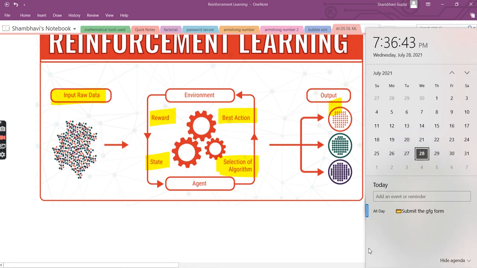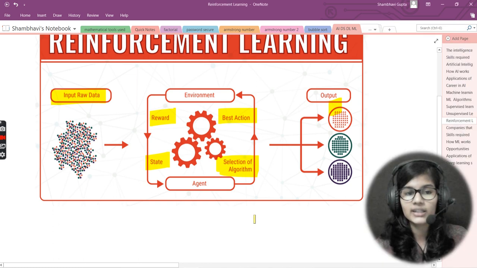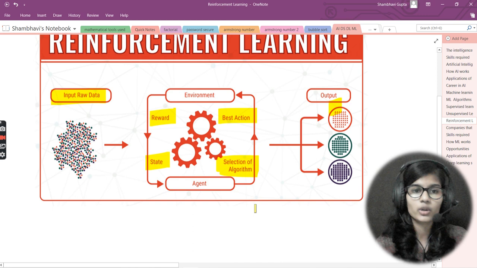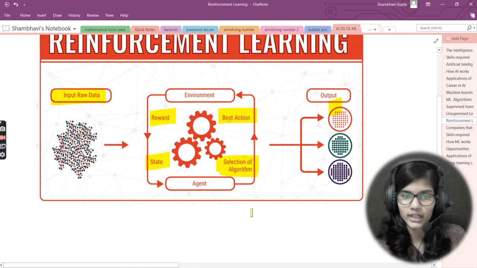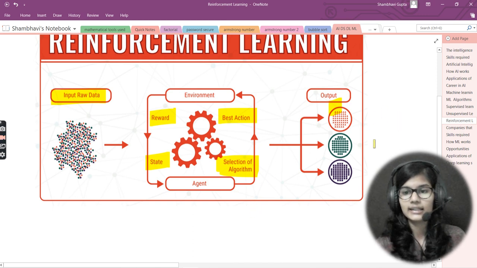Okay, this is another definition for reinforcement learning. So for that, I could just say that when you put out some labeled and some unlabeled data, some data would be labeled and some will not be labeled. That is actually what we call reinforcement learning. Fine, hope you got the idea.